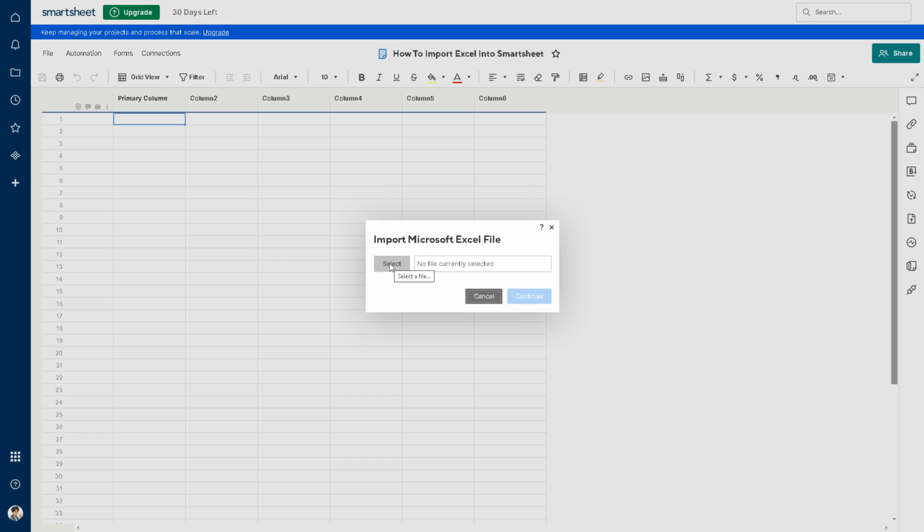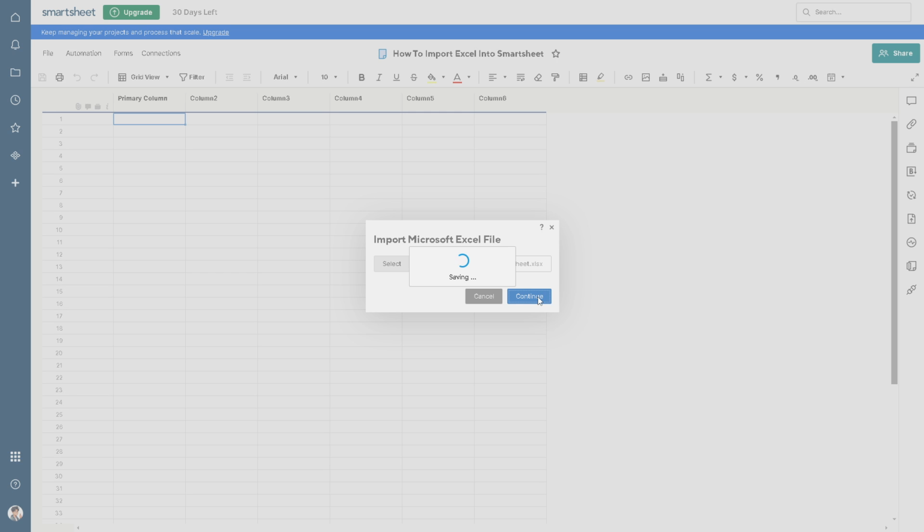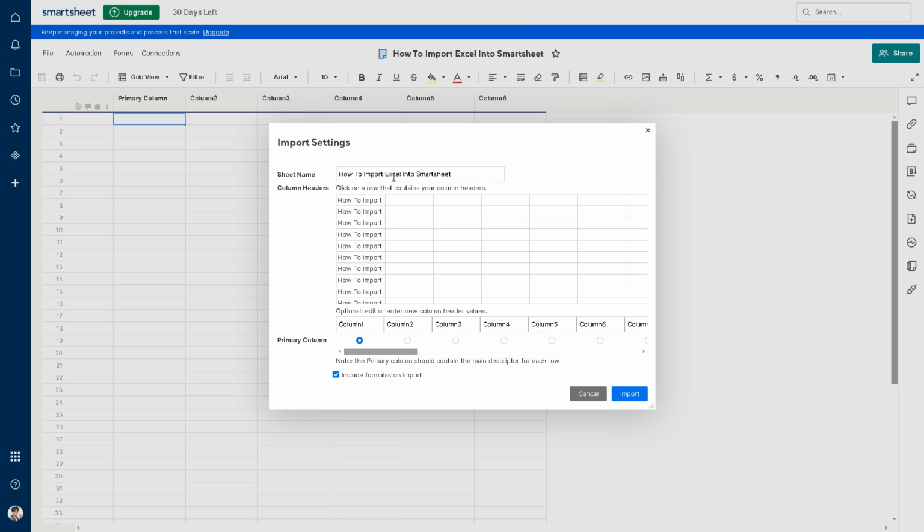Just select the file or folder where the Microsoft Excel is located. And once you've done that, click on continue. And it's the same process as earlier. As you can see, these are the column headers, primary columns, and basically it provides automation capabilities that allow you